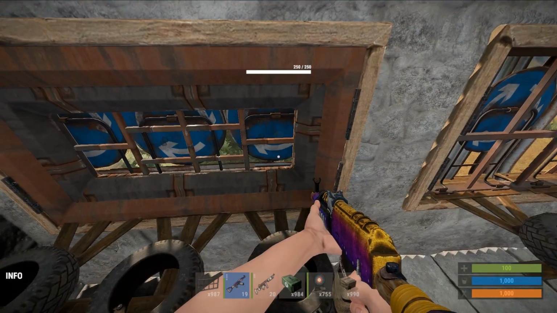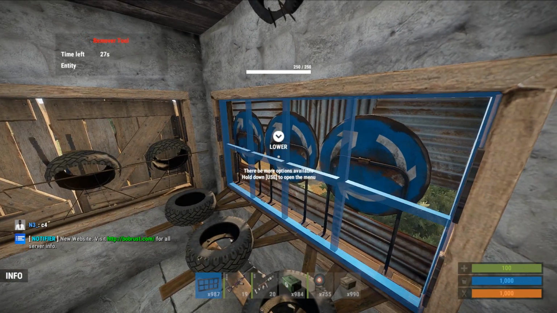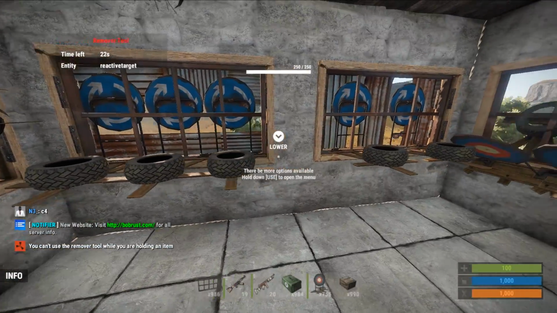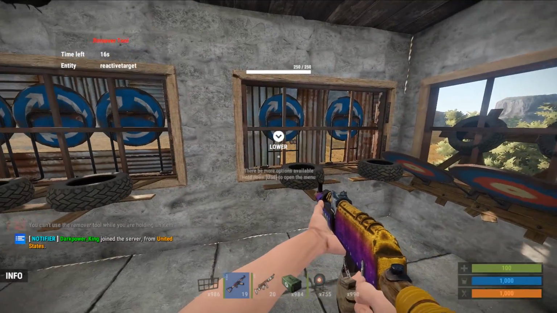This actually does have a metal embrasure on it. You can't tell right now. Let's remove that window bar. I personally would not use those window bars. I'd use something like that one. Gives you more access to the window to make your shots, and ensures that raiders are going to have a damn hard time